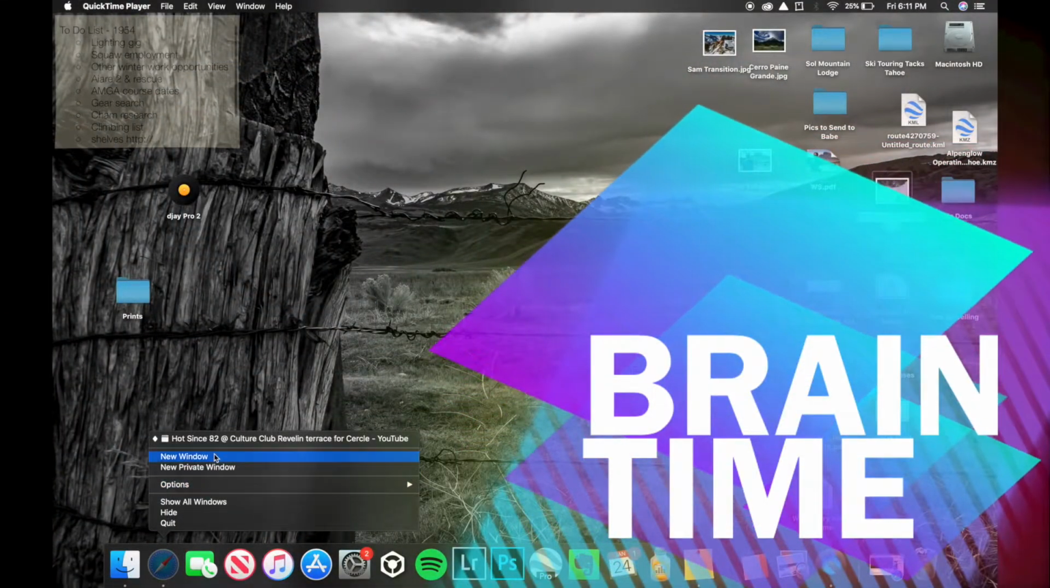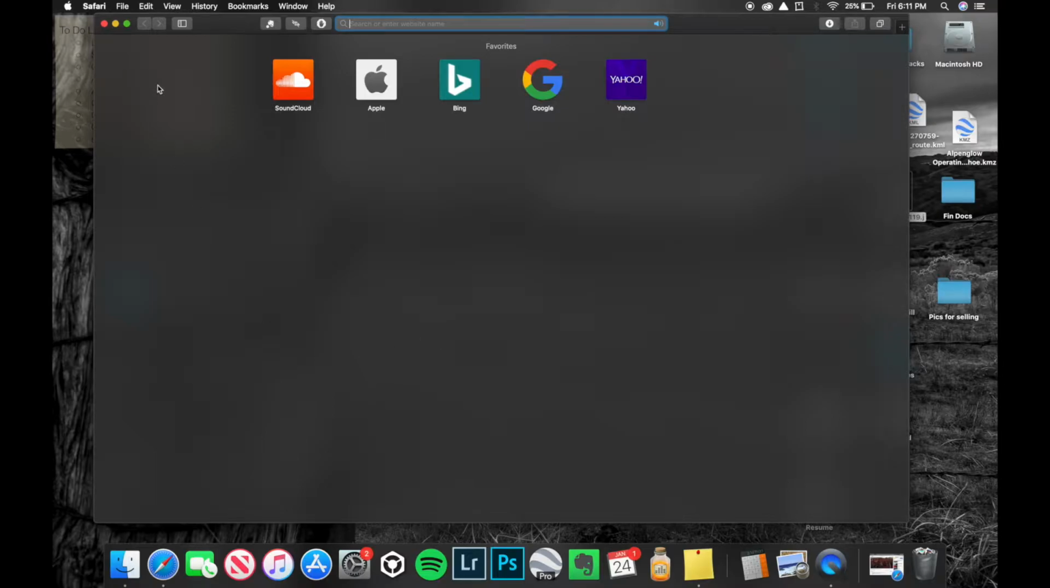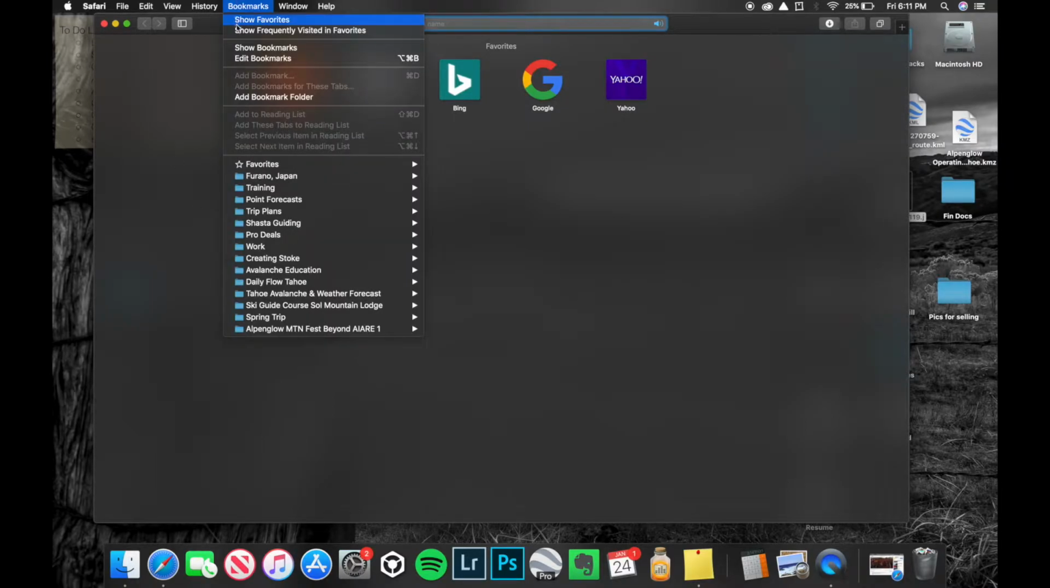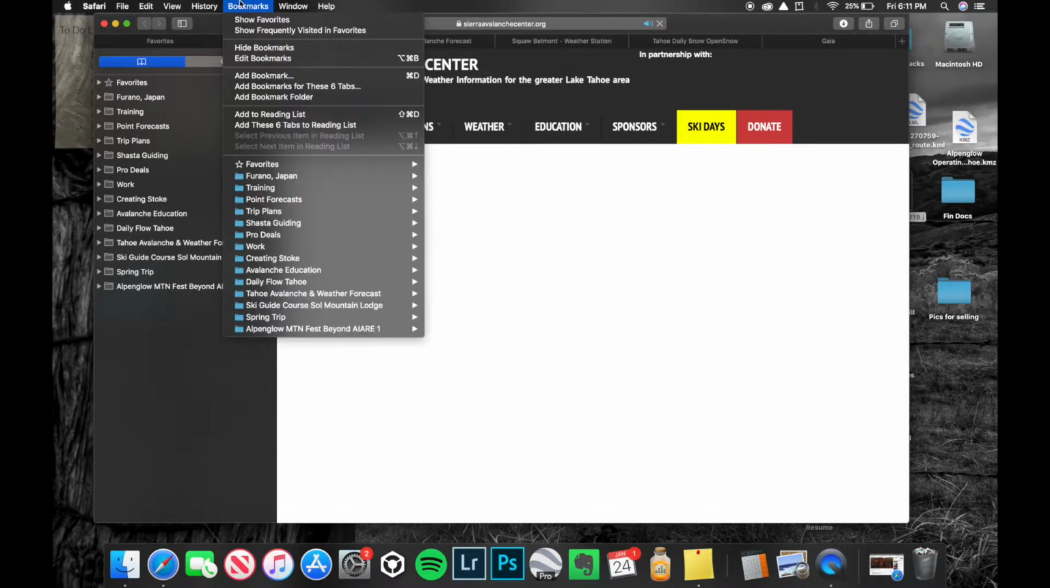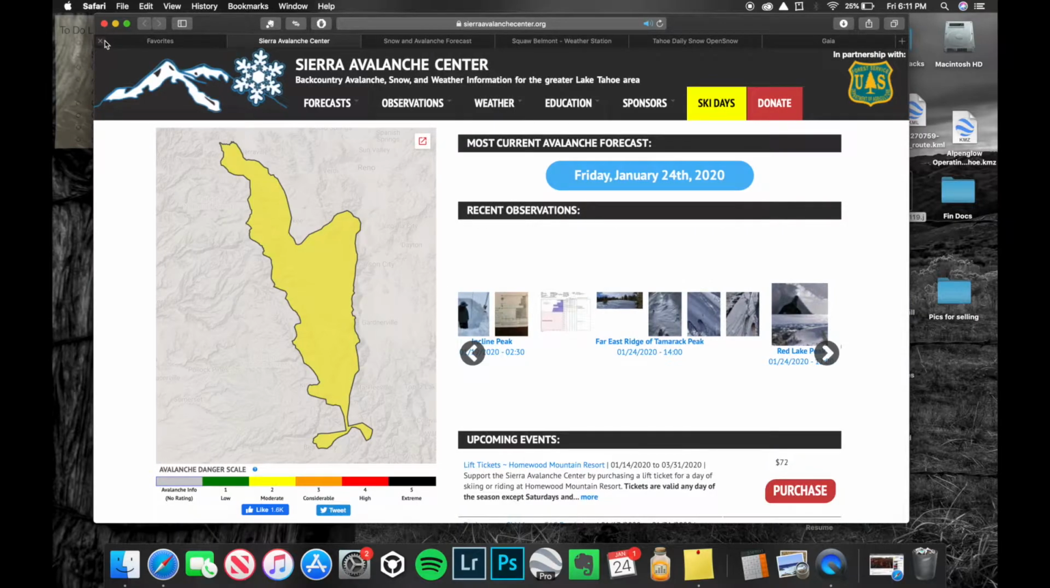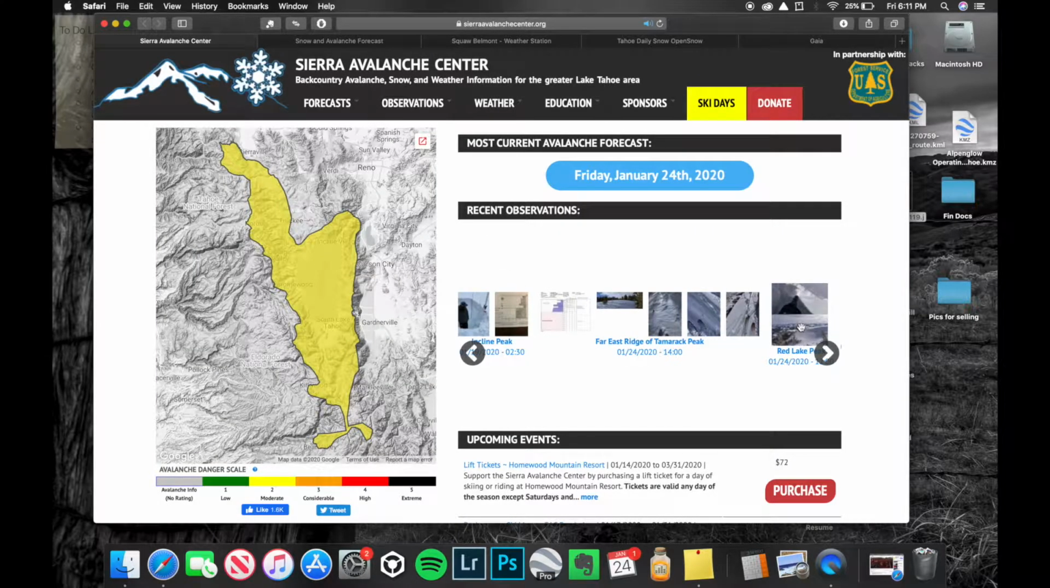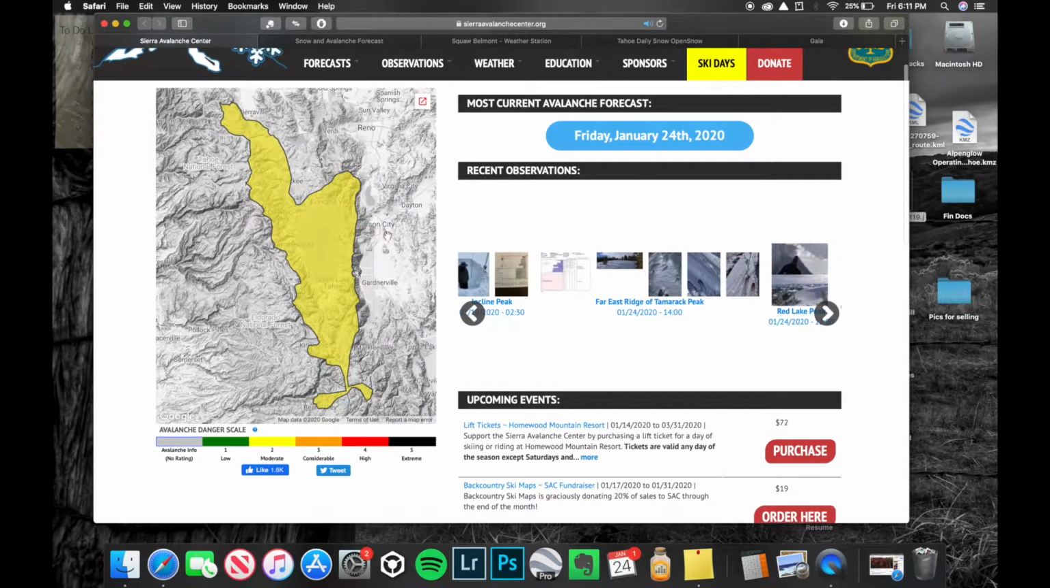Yo guys, want to talk about my morning flow whenever I wake up and plan on going out for a tour in the day. So I have like a little bookmark folder set up for Tahoe, and it brings up all my info I need. First thing I pull up is the Sierra Avalanche Center, and I look at the daily forecast from that blue